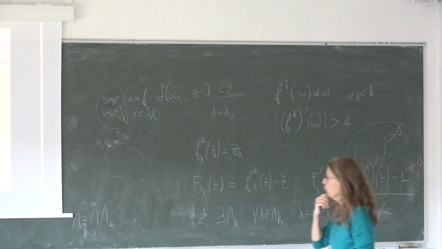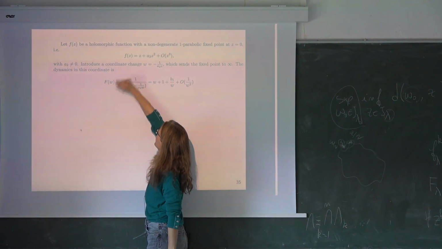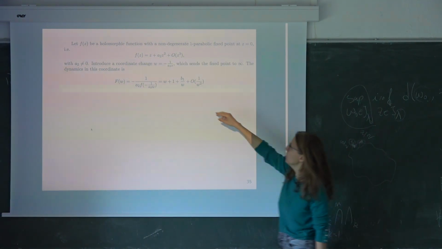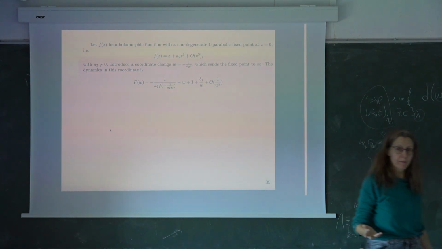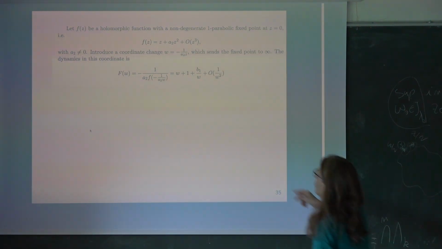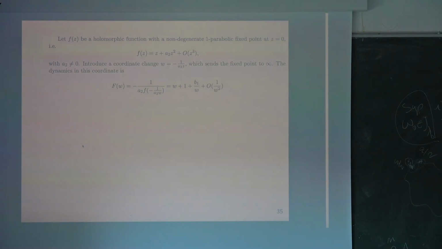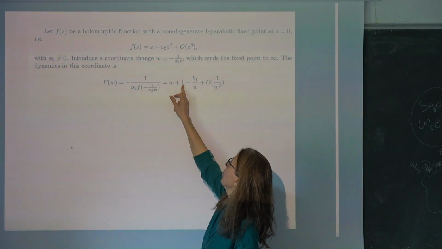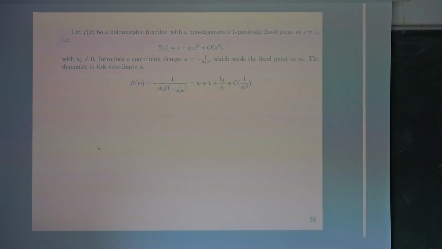Okay, so how can we study something like this? We have a holomorphic map starting with z, because you want a fixed point with multiplier 1, and you have a higher order term. If you make a change of variable like 1 over z, very simple, you put 0 at infinity, but you want to take out this coefficient, so you put something a little more complicated than 1 over z. What you get is a translation by 1: w plus 1 plus other terms, which are very small when you are next to infinity.